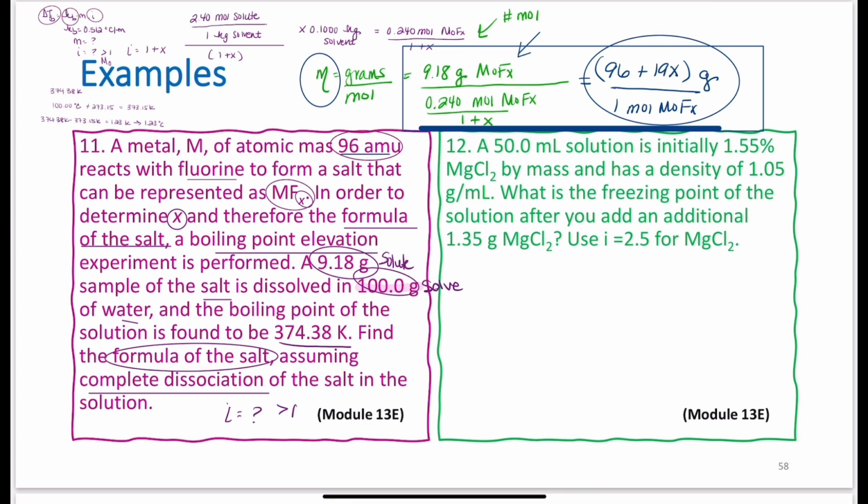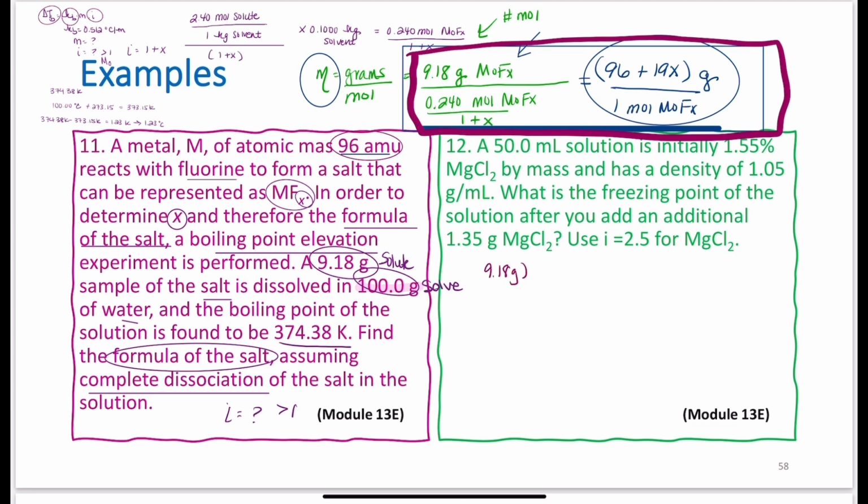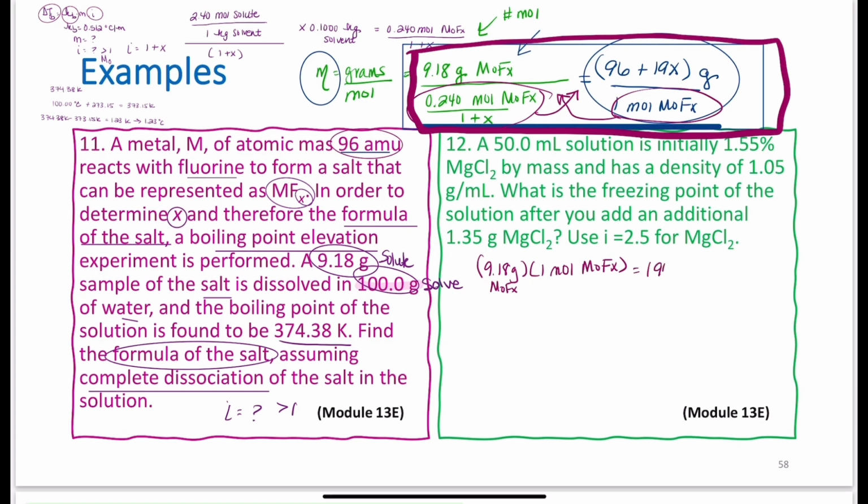So to algebraically solve that, I've got this thing up here that I'm going to be solving. I'm going to simplify this. 9.18 grams times 1 mole of MOFX. This is 9.18 grams of MOFX. So basically, I took this and multiplied it up. Do the same thing on the other side and take this and multiply it up that way to clear out the denominator. This is equal to 96 plus 19x grams